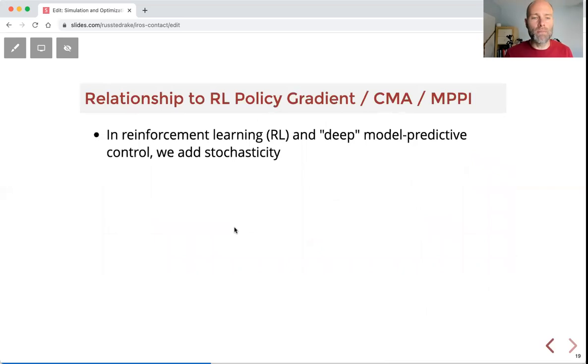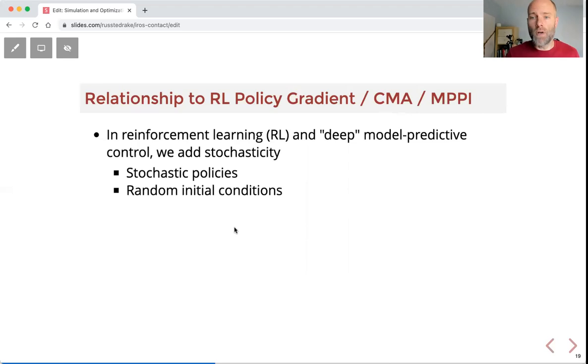So what does that mean when I think about RL policy gradient, or some of the covariant matrix adaptations, or the planning people use for deep MPC, whether it's CEM or MPPI? Okay, we're often adding stochasticity into those problems, right? So I think the smoothing is happening, at least in the way we are formulating the problem. We get that smoothing not only from initial condition variation, but also from stochastic policies, from random initial conditions, some of the domain randomization. If you're just changing the shape of the objects that you're trying to manipulate, for instance, then you're going to get a similar smoothing behavior.